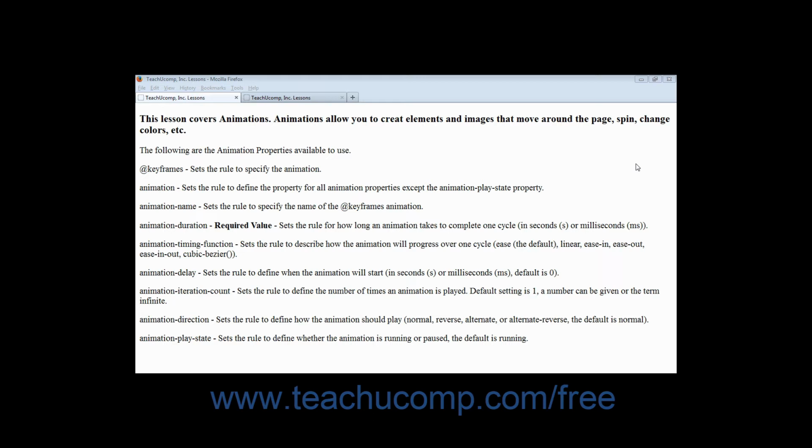Like transitions, you must define durations for your animations, otherwise they will not run. You also must bind an animation to an element or it will not work. You bind an animation to an element by defining the animation name and duration inside the styling rules of your element. The animation properties are the @keyframes rule,